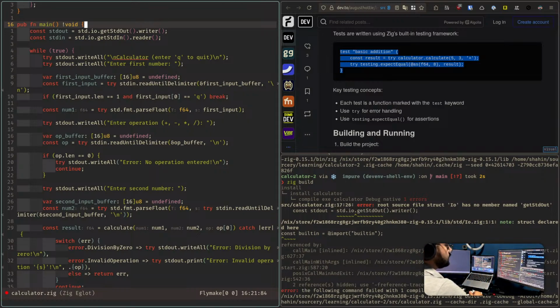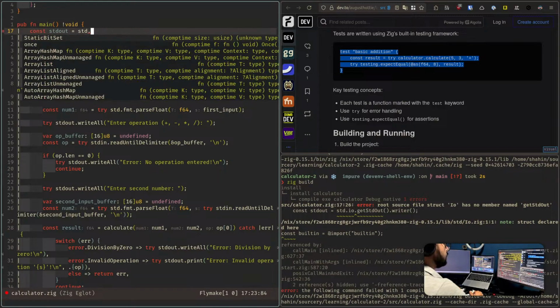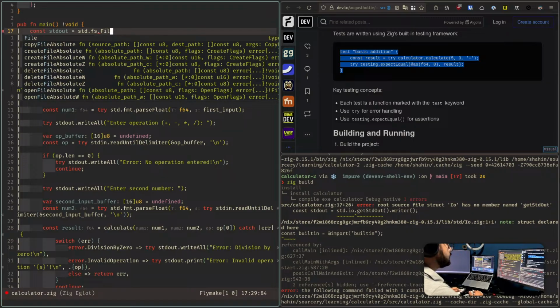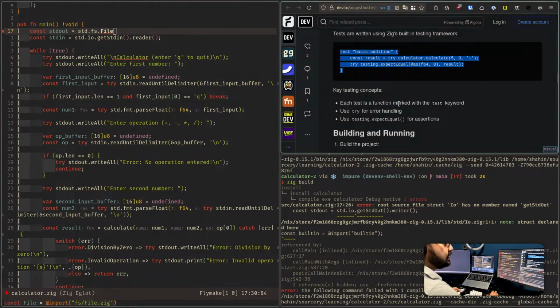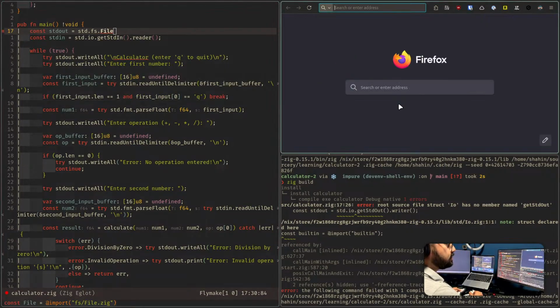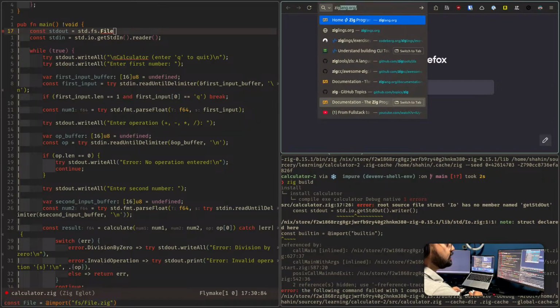So first, for the first line, what we could do is std fs file. By the way, let me see if I can show it to you, the Zig